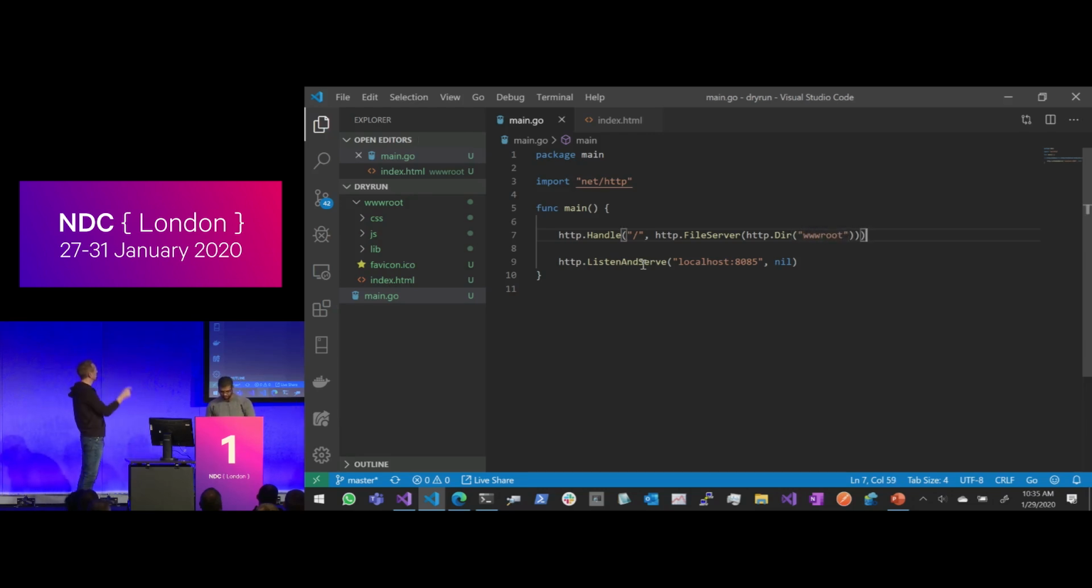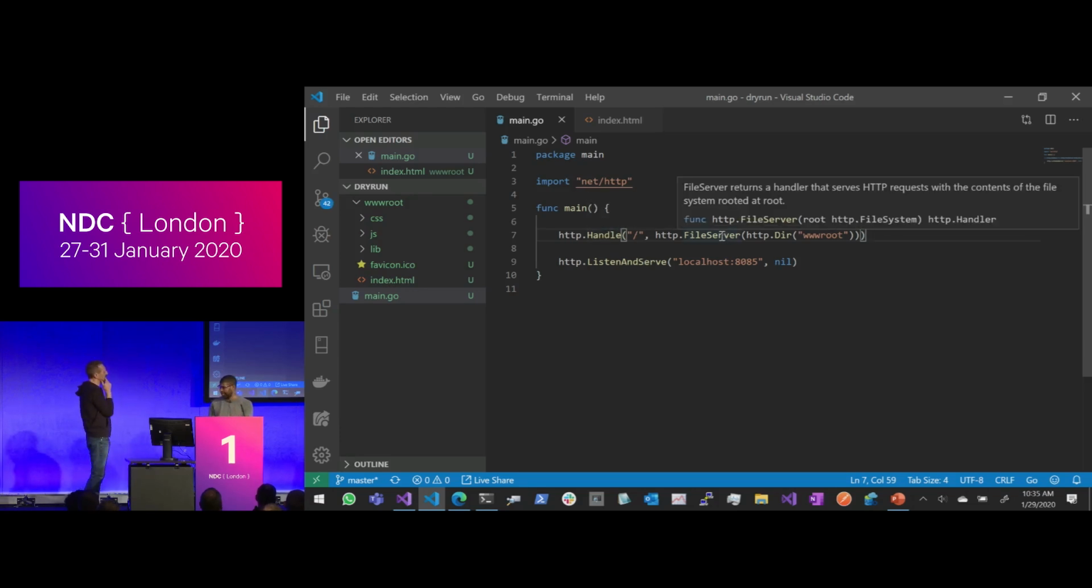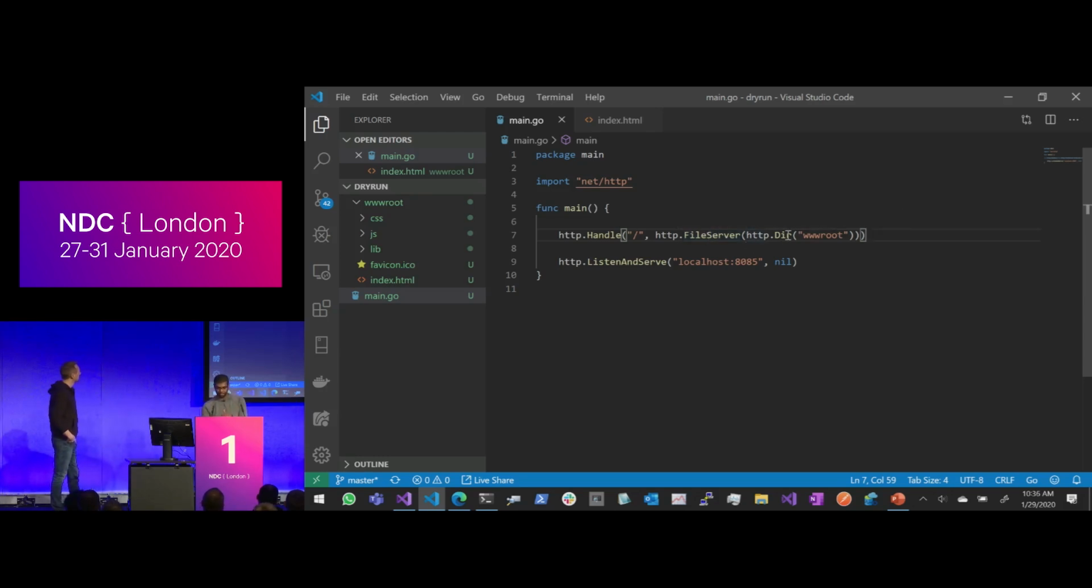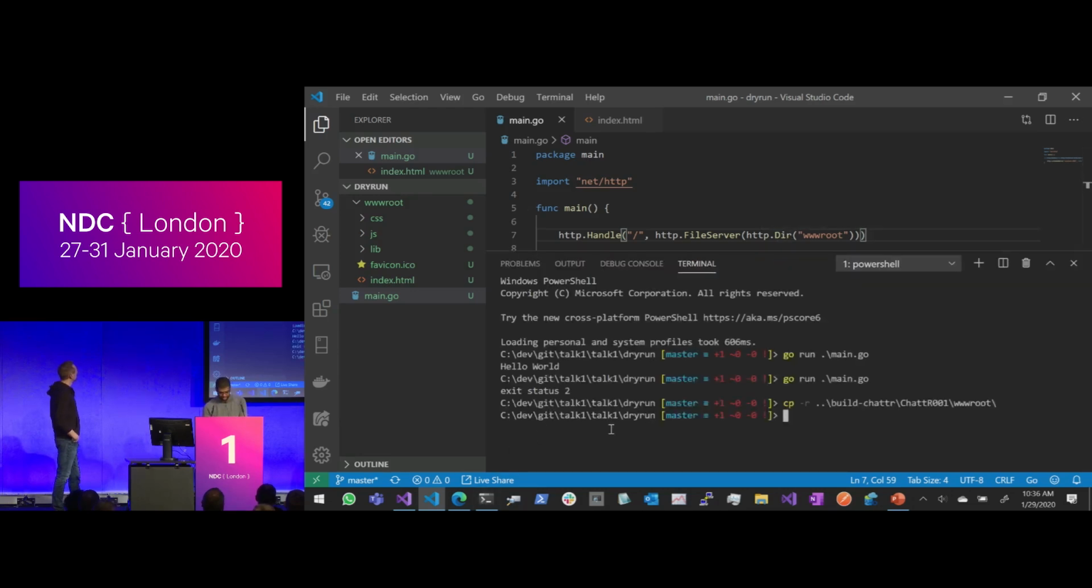So the file server method is returning a handler, basically, and then that's being passed. So handle takes a path and a handler. A handler is an interface that has a method called serve. Serve takes in a request and a response, and you can write data. It's like a request handler, like middleware in ASP.NET Core. And file server implements the serve interface, and it gives you a way to specify a directory to serve files from. Makes sense? Right. So now I should run this again, and I should see